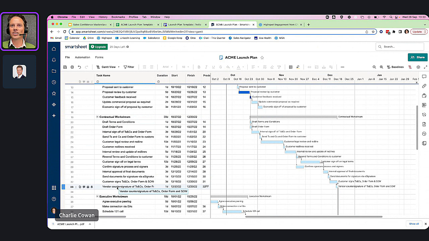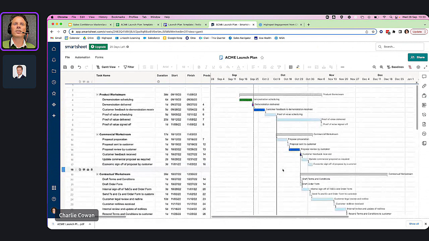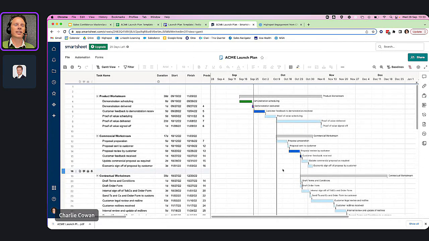But what your manager is interested in, what your VP of sales is interested in, is when is the customer going to sign this? And on the face of it, you might go, this is great. We're coming up to the end of the financial year. This is going to land on the 20th of December, a few days before Christmas, and I can go off for my Christmas and New Year and feel very relaxed about this. Everyone's happy before the end of the calendar year. But one of the things that I love about the visual nature of this is that it really starts to help you question your own assumptions.